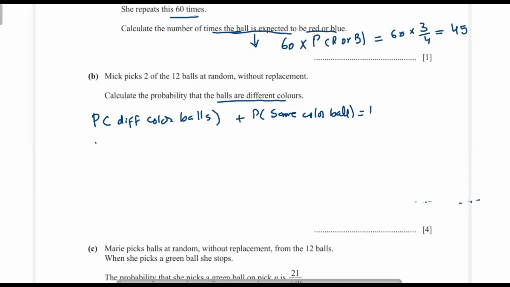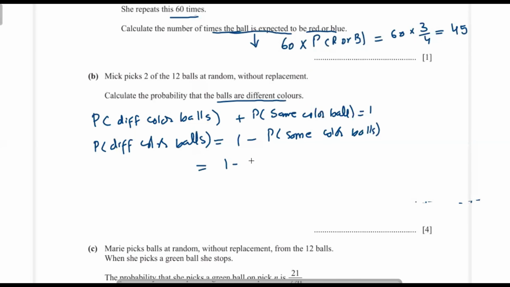Therefore, we can calculate the probability of different color balls as 1 minus the probability of same color balls. It would be easy to calculate the probability of different color balls in this way. Now the probability of same color balls is the probability of RR or the probability of